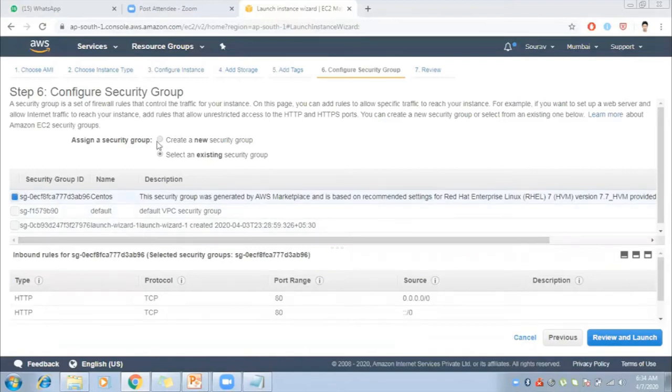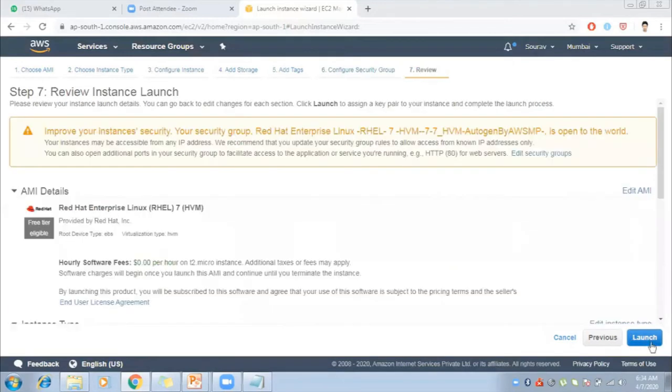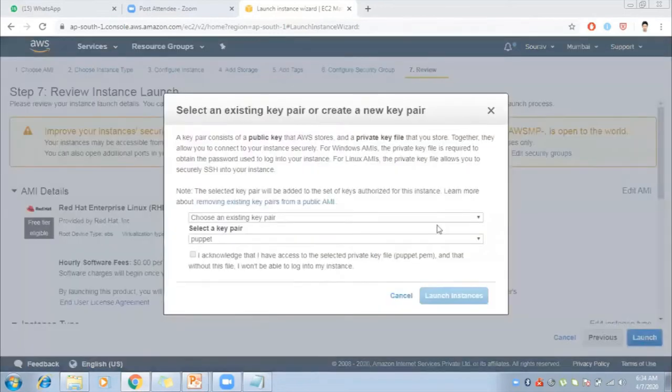One minute. I'll make a new security group for access from outside. I have that key pair, so I'm not creating any key pair.